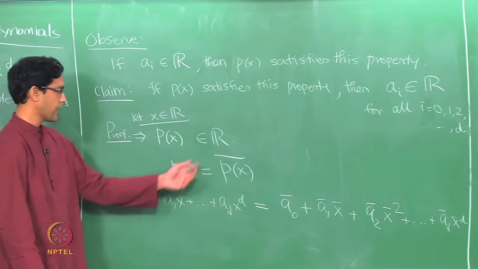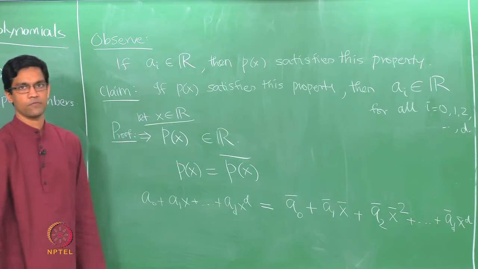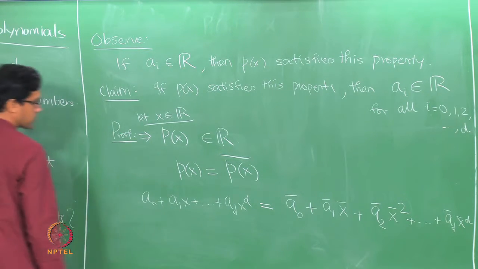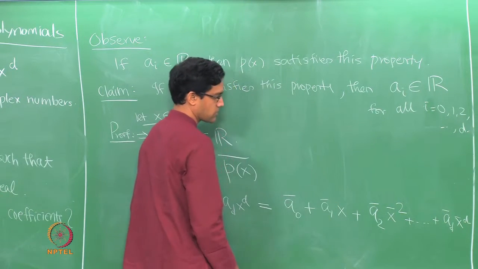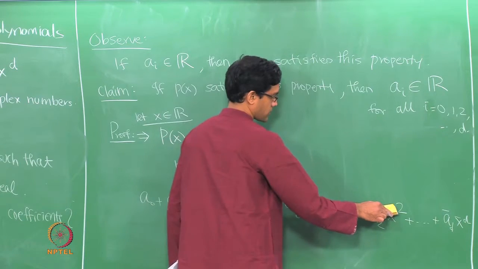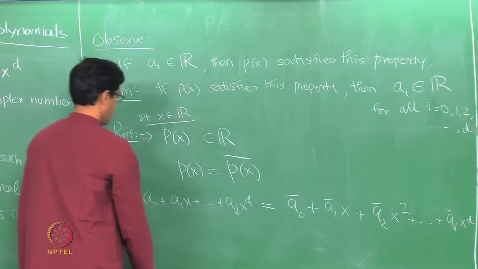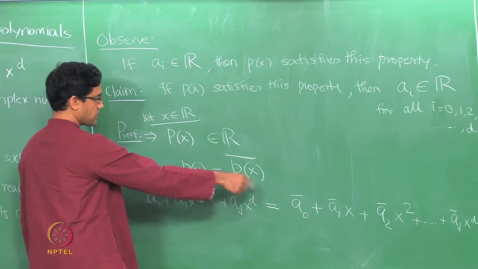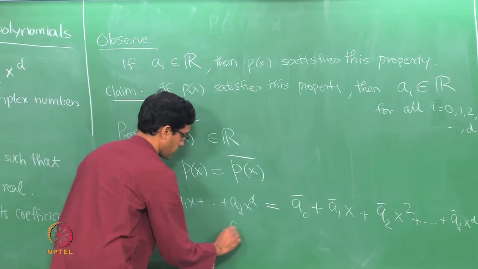So that is what you get when you take the conjugate on the right hand side, but observe I have said that x is a real number, which means that x is its own conjugate, right. So real numbers are their own conjugate, so in fact x bar is the same as x because of the assumption that x is real. So I can just remove the bars on the x's. Okay, so here is the conclusion that a0 plus a1x plus ... plus adx^d is the same as a0 bar plus a1 bar x plus and so on, for all real numbers x, for all real x.